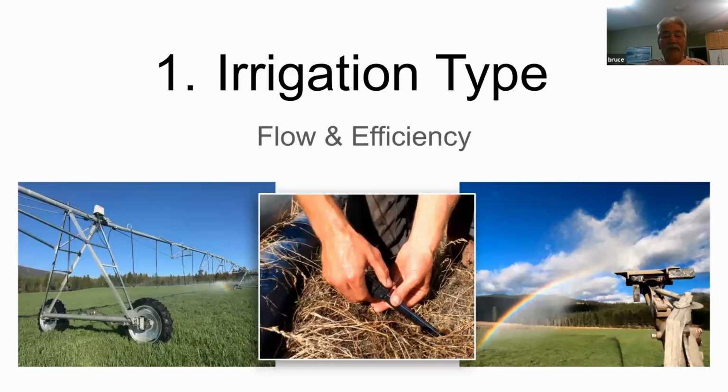Just a couple back on this slide here. Last year, when Andrew and I went on our trip across the Kootenays, we saw a lot of very interesting things. I want to just point out a couple of neat things on this one here. The picture on the left shows a pivot. And what's unique about that pivot is this particular farm was very innovative, where they utilize one pivot and they move it around